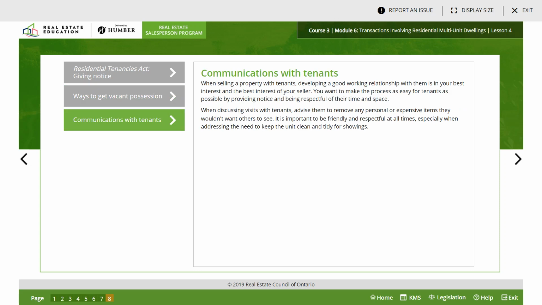Communications with the tenants. When selling a property with tenants, developing a good relationship with them is in your best interest and the best interest of your seller. You want to make the process as easy for tenants as possible by providing notice and being respectful of their time and space. When discussing visits with tenants,